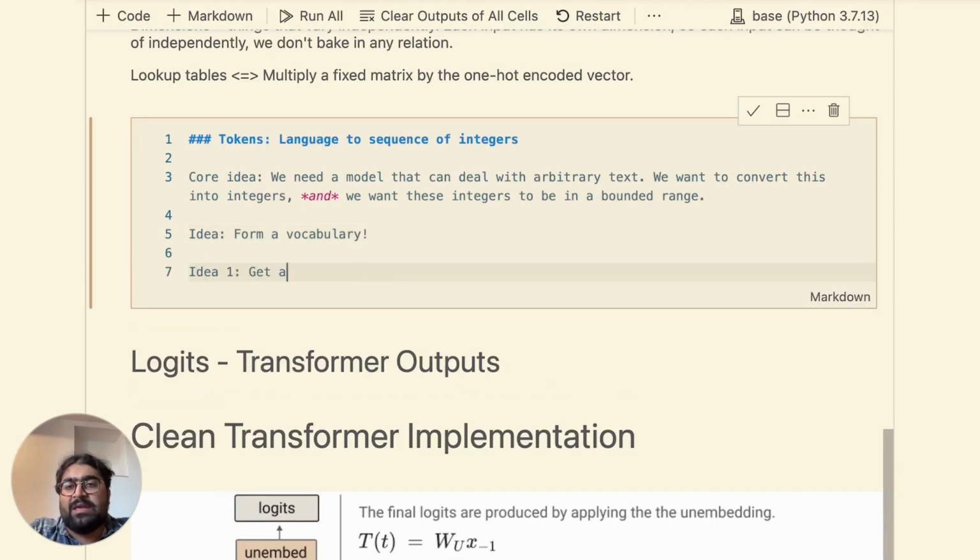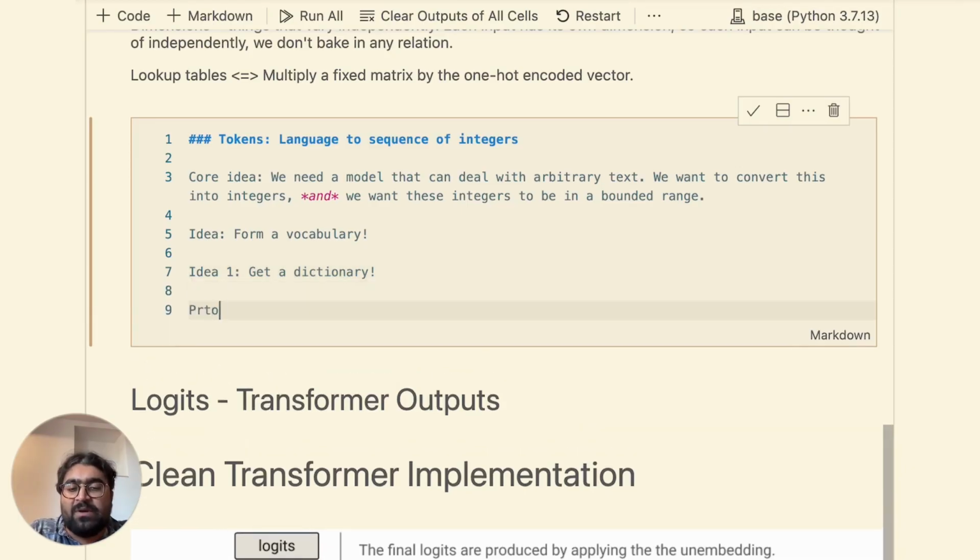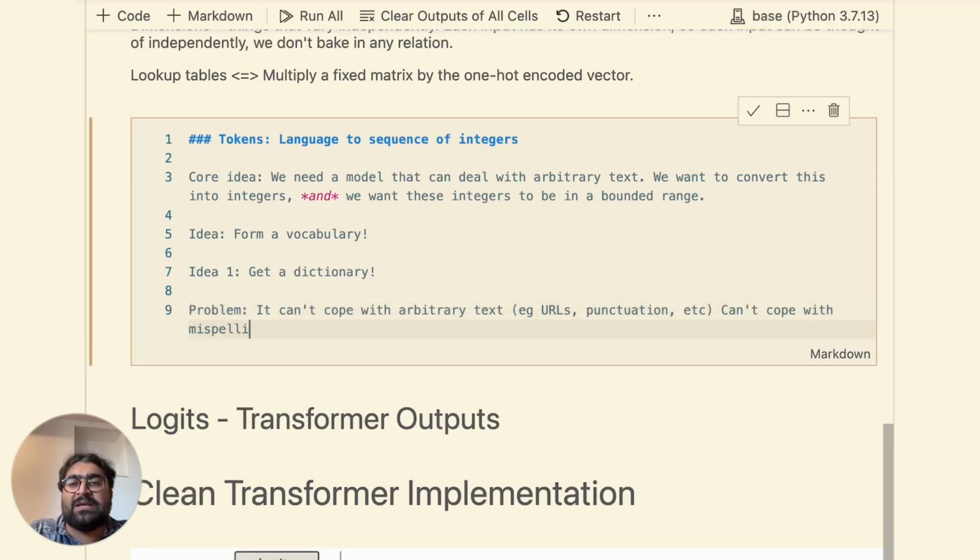Idea 1, get a dictionary. Just learn all the words. You take in language, you look up the index of a word in the dictionary, and you convert arbitrary language into integers. The main problem with this is it can't cope with arbitrary text, e.g. URLs, punctuation, etc. Can't cope with misspellings. Just generally too limiting to really be a general purpose generative model. If I go to GPT-3 and I give it random misspelled garbage, it can often do a reasonably good job. You really want your model to not be super brittle to any slight flaw